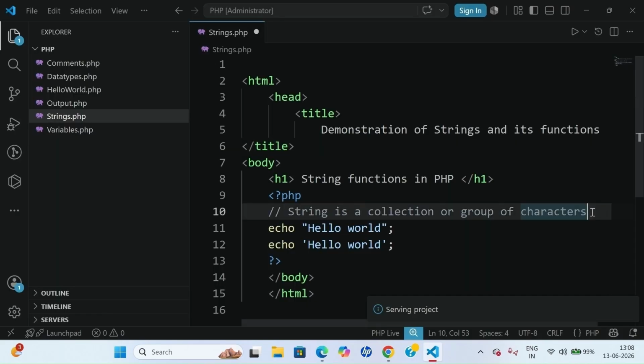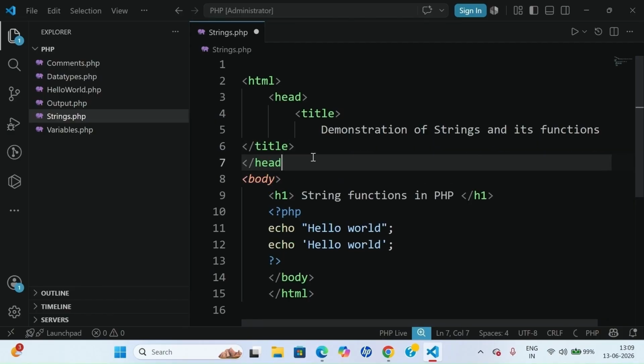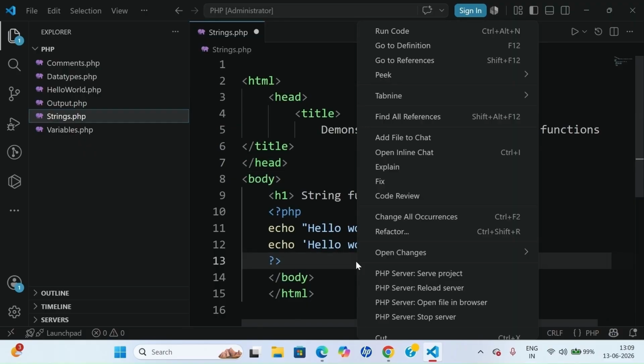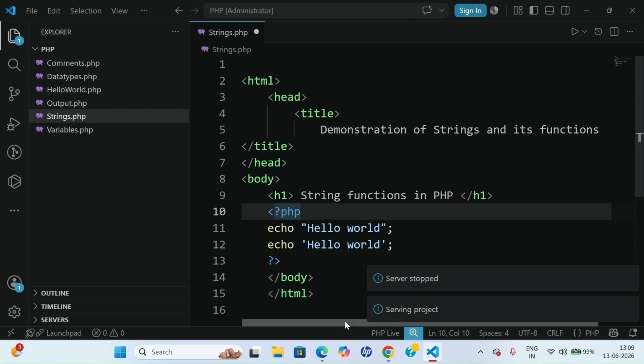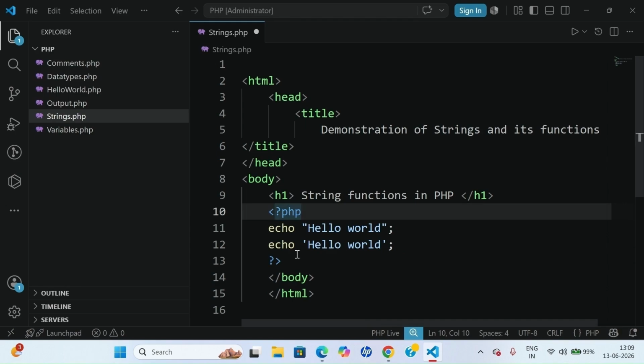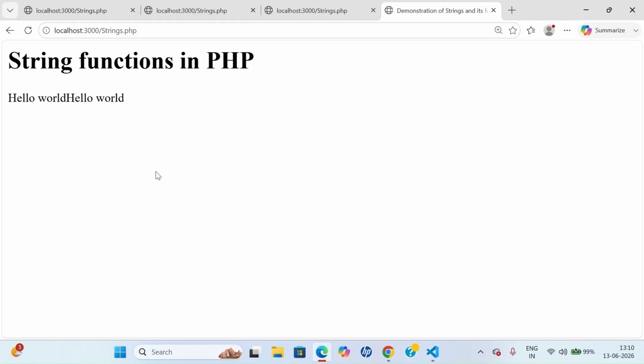So you're not seeing any output. Once again we'll see the output here. Okay, we have not closed the head part here. I will try. No, still that's the problem. Body, then h1 is closed, and okay, we have not saved. No, we need to save that. Yes, now we got